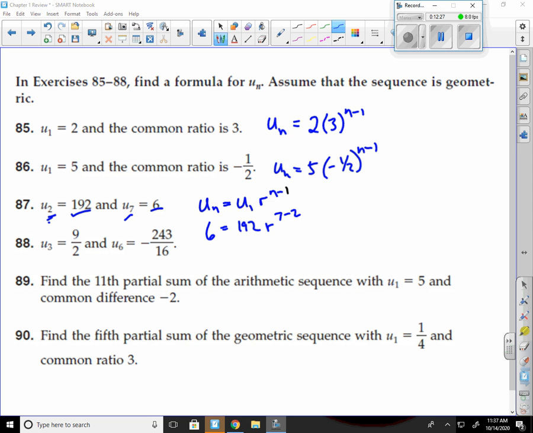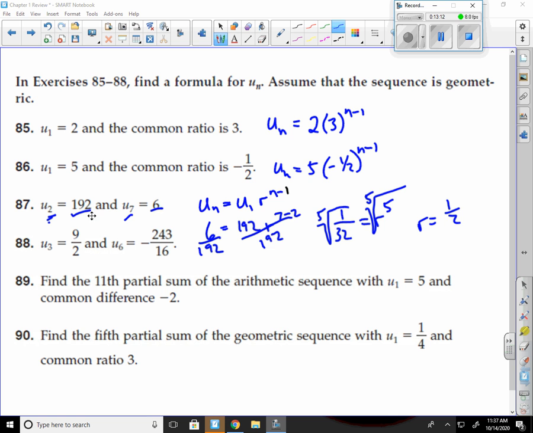I need to get the 192 to the other side, so I divide by 192, which is just going to be an ugly fraction. 6 over 192 is 1 over 32. And that's equal to r to the 5th. Then if I take the 5th root of both sides, that'll give me my r. So r equals 1/2,